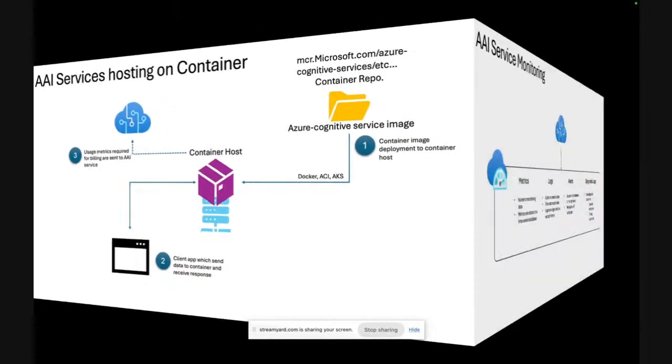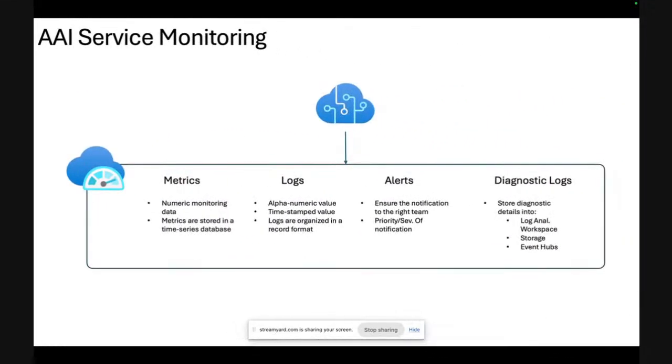Now, last but not least, from a monitoring point of view. So here we understood that, of course, security and hosting are definitely pillars of your particular solution. But at the same time, we have to take care of monitoring it, right? So here we are looking for a different set of monitoring metrics, right? There is a different set of data getting generated. So in that particular case,